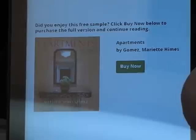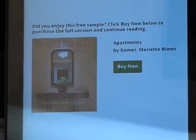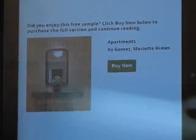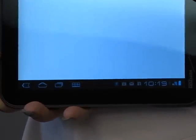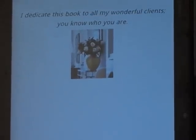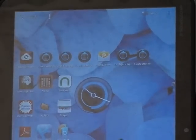I can click on that, and if I owned this book or if I had rented it, it would take me to that chapter. You can make notes. You can look at the different parts of the content. I can look at the dedication page, whatever I want to look at. Now if I go back to my browser,